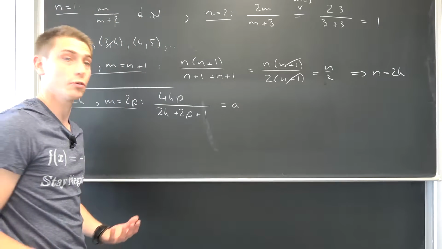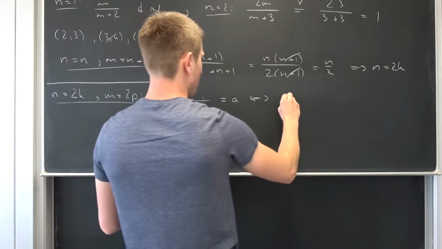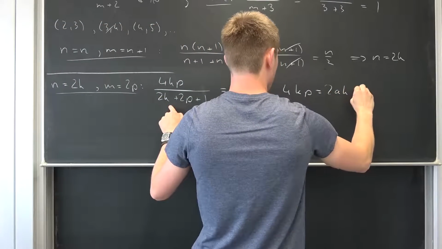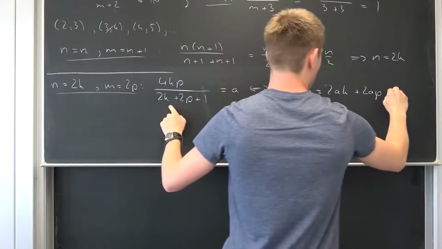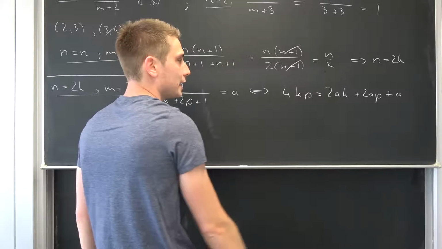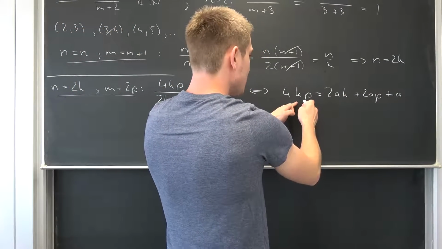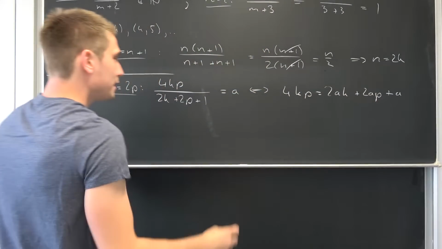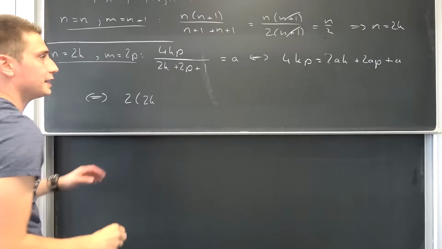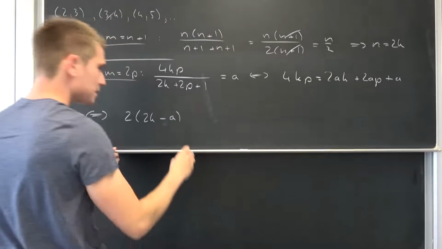Okay? And now we can go through this whole simplifying process yet again, multiplying both sides by this, leaving us with 4k times p being equal to 2 times a times k plus 2 times a times p plus a. Now, it doesn't quite matter, it's yet again symmetric in all of those parts, meaning let's just solve for p, for example. Let's filter out a value for p. Subtracting this on both sides, factoring out 4k and 2a, leaving us with 2 times 2k plus a minus a, we are subtracting this on both sides, times p